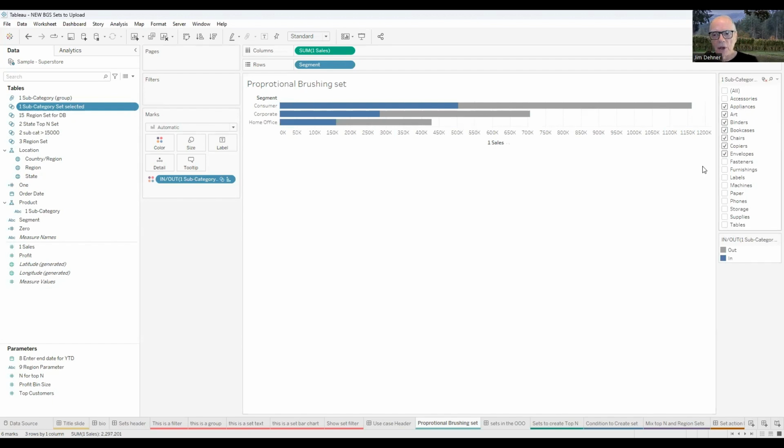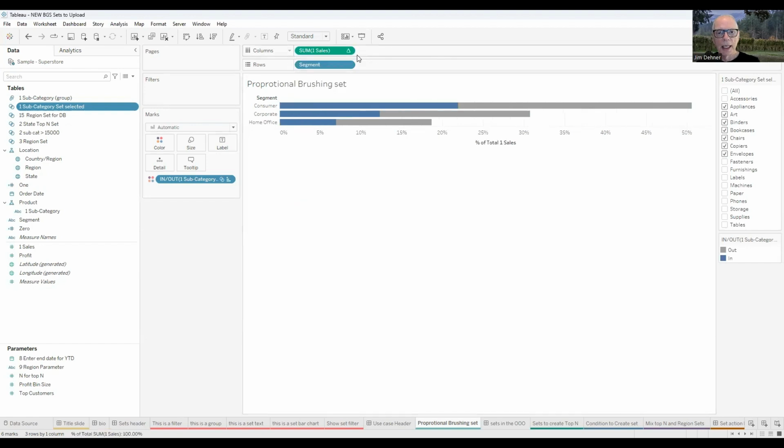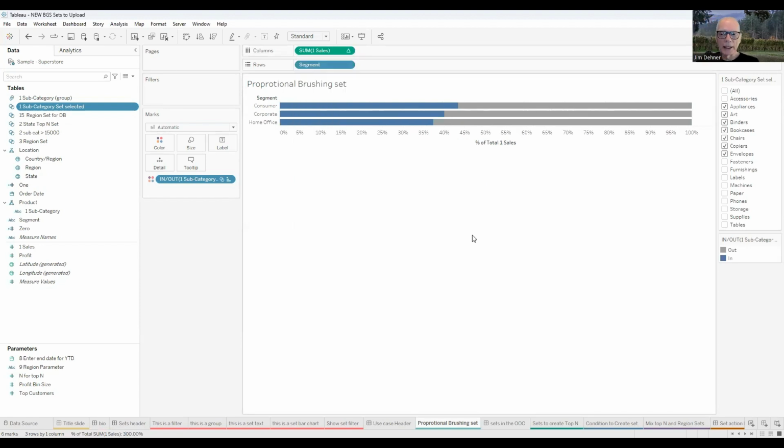Appliances through envelopes make up about $500,000 of the consumer category out of the total. Well, we can take this, and when we talk about proportional brushing, very often we're looking at percent of the total, and I want to look at the percent of total across. So another way of looking at this, and this is the concept of proportional brushing here, in the consumer segment,